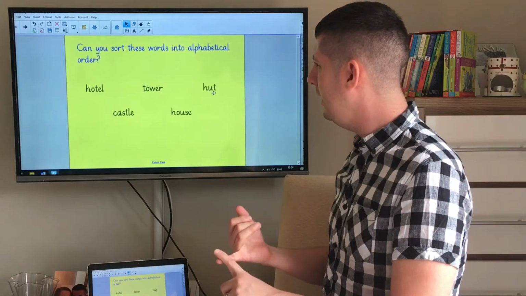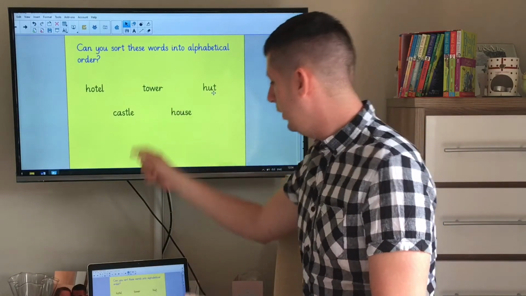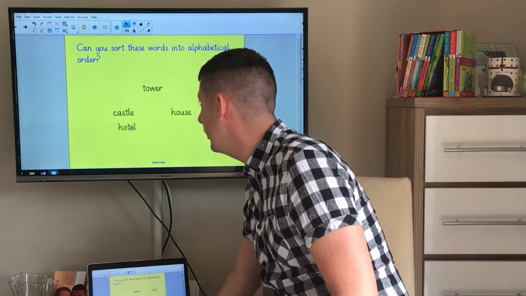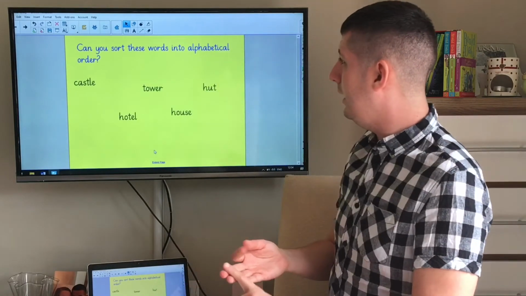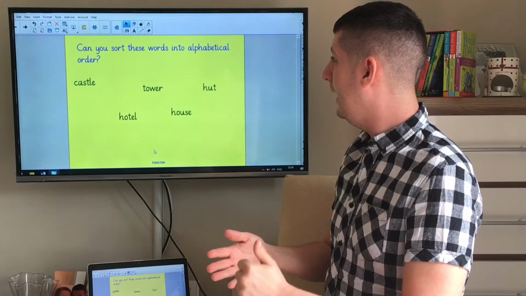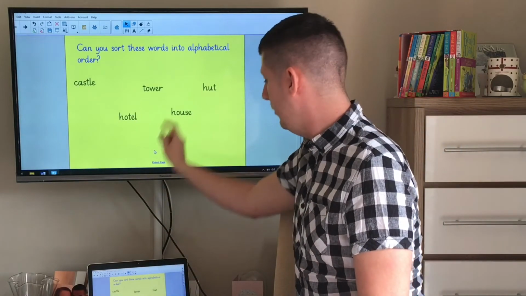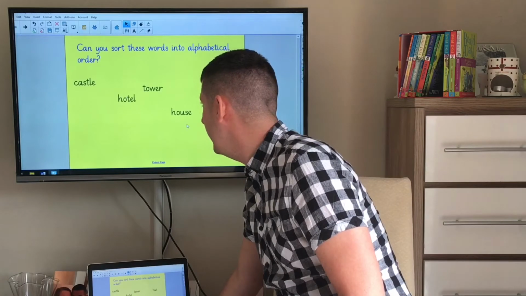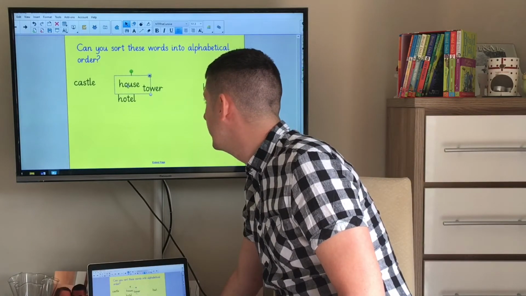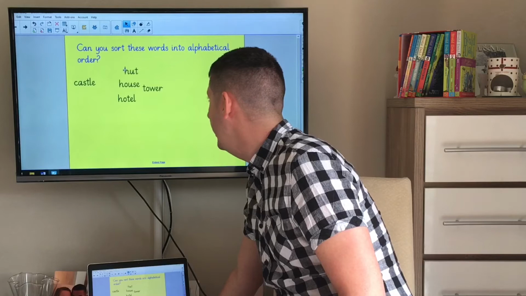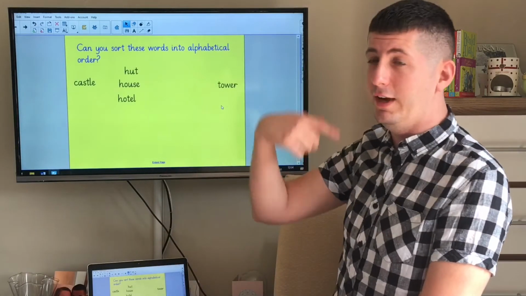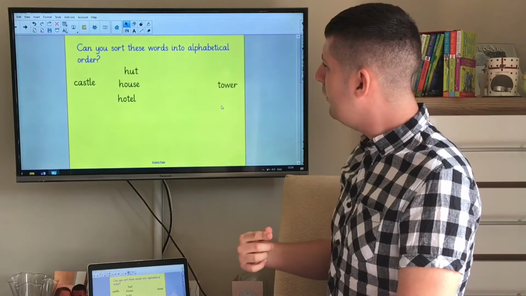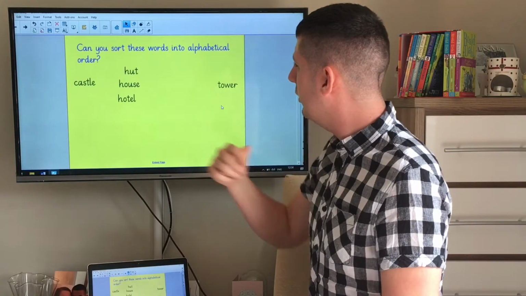So we've got A, B, C. The word castle begins with C, so castle's going to go first. D, E, F, G, H. That means these ones are going to come next. So let's put all 3 of these ones here. And we know that tower is going to go last, because that begins with the letter T, which is further down the alphabet. So now I need to work out which of these 3 words is going to come next